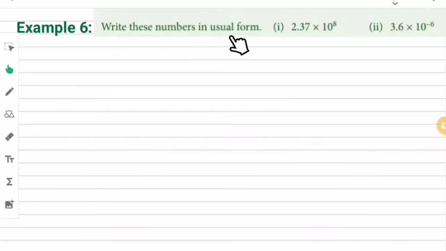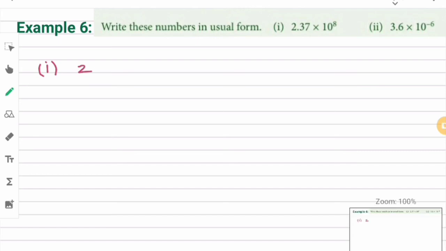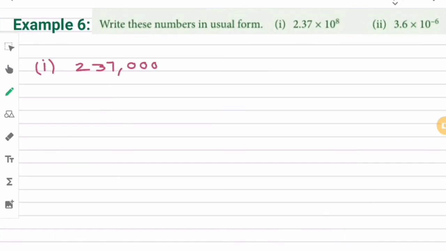Write this number in usual form. Usual form means what? We have to multiply this 10 power 8 towards here. That's it. So multiply it. 2.37. So how many zeros I have to place? So 2, 3, 7. So 2 decimal places I move towards here, and then remaining 6 decimal places. So 0, 0, 0, 0, 0, 0. Okay? Easy? And now,